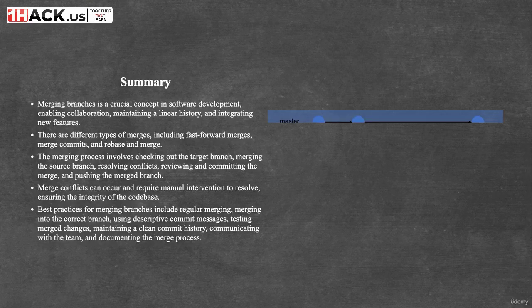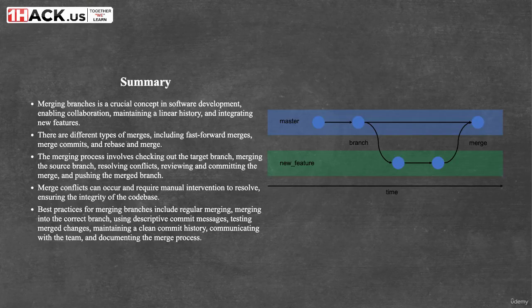In summary, merging branches is a crucial concept in software development, enabling collaboration, maintaining a linear history, and integrating new features. We've explored the different types of merges, the step-by-step merging process, and the importance of handling merge conflicts. To ensure an efficient and effective merging process, we've also discussed several best practices, including regularly merging, merging into the